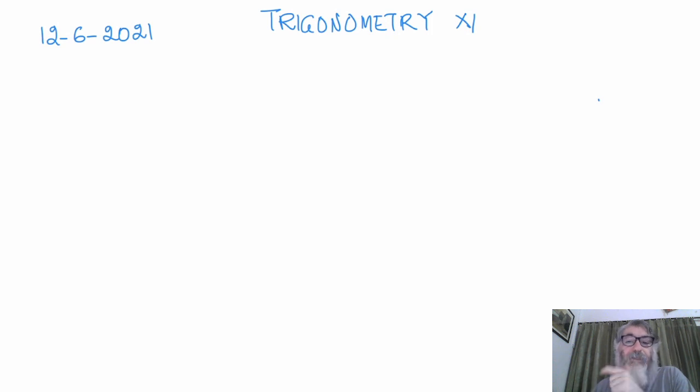Then we had discussed tan(A+B) as tan A plus tan B upon 1 minus tan A tan B, if you remember. Then we had discussed also many other formulas about cot(A+B), cot(A−B). We had discussed sin(A+B) into sin(A−B) as sin square A minus sin square B, and so on. Now we will discuss, like today,